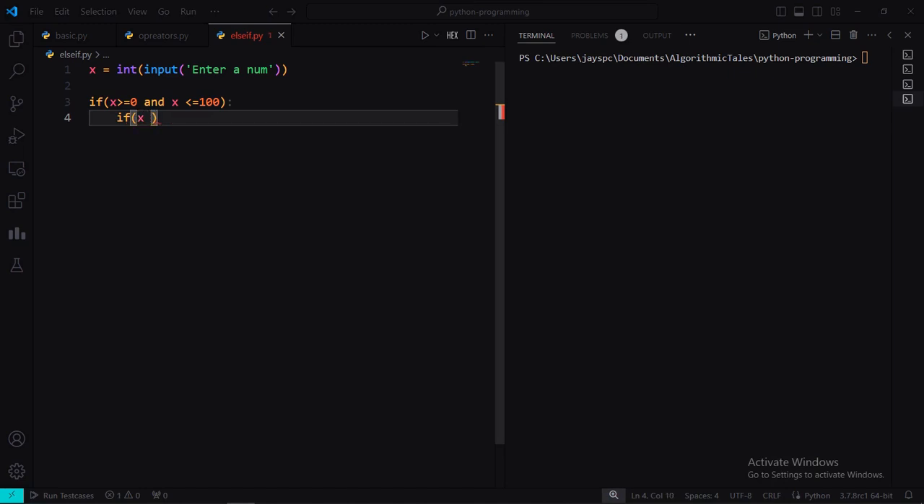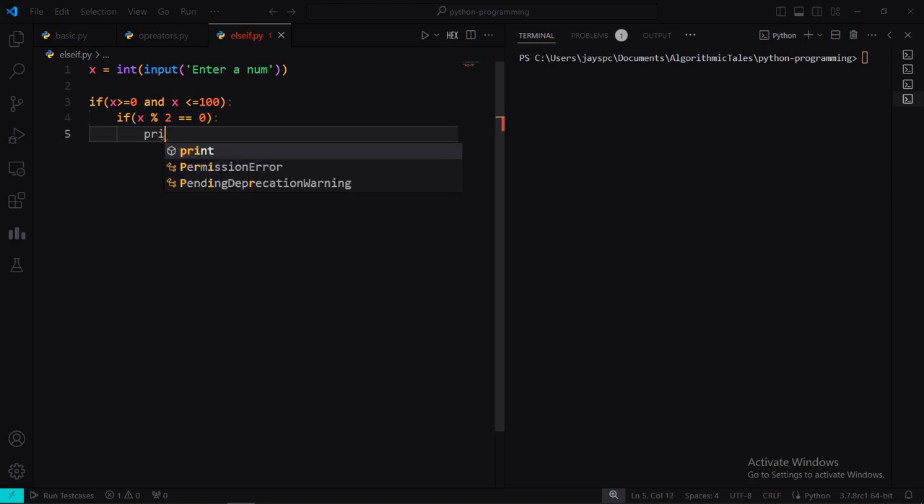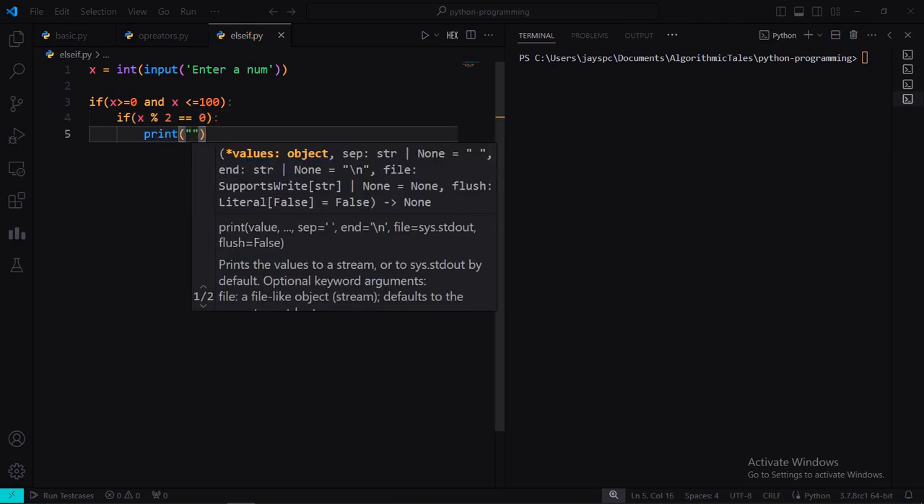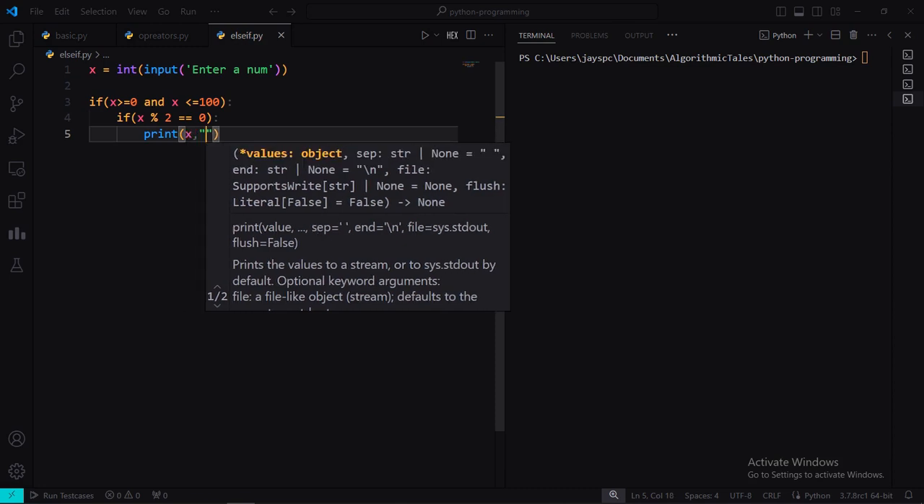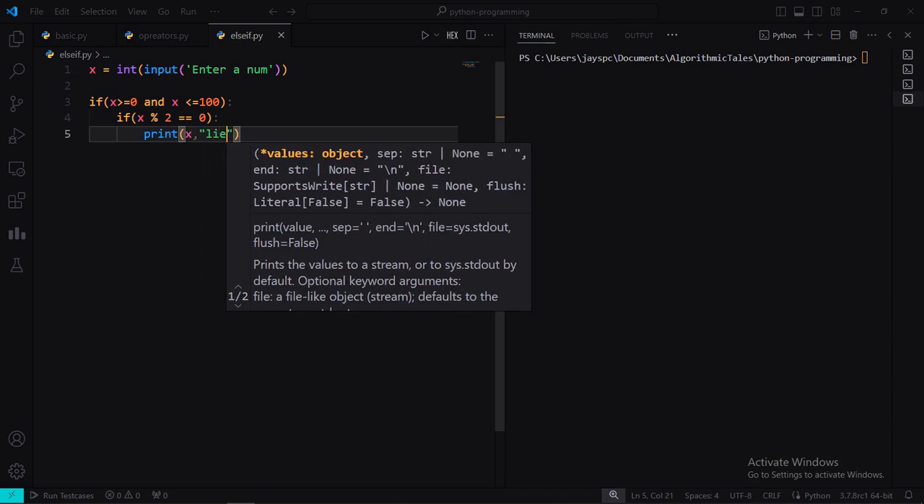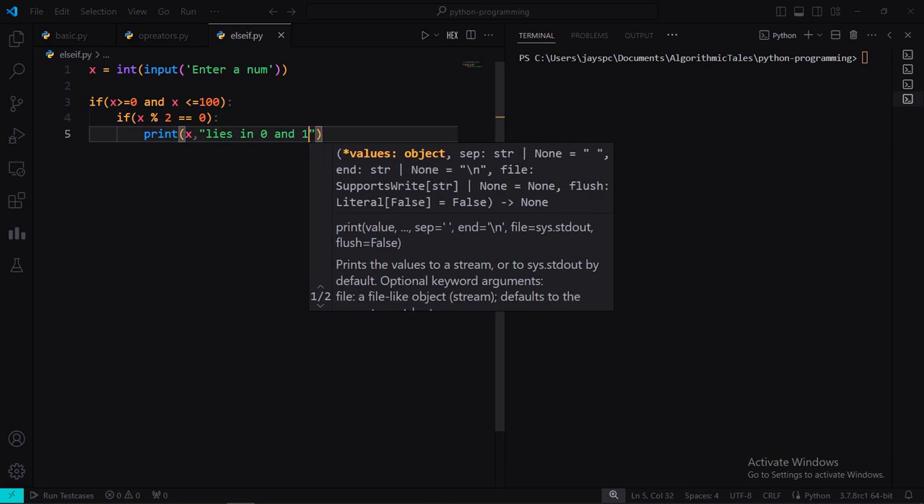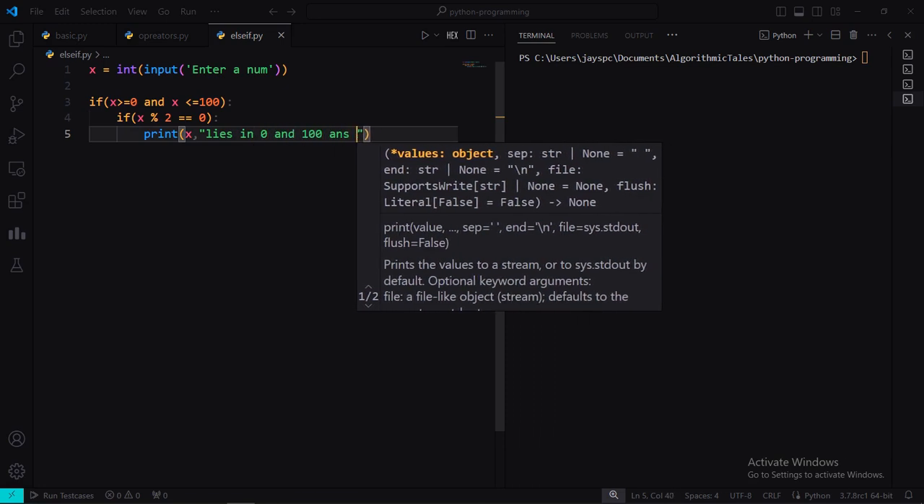So we are going to say, let's say, if x modulo 2, that is, we are dividing it by 2 and checking the remainder. If that turns out to be 0, if the remainder is 0, then we know that it is an even number. And let's say it is, then we are going to say something like x lies in 0 and 100,